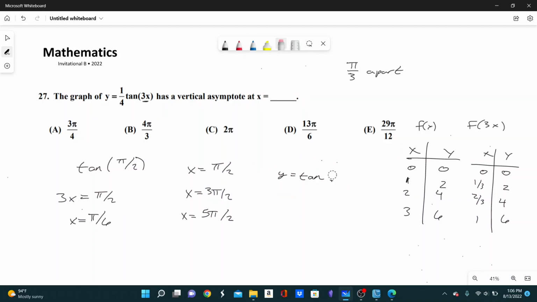I'm going to erase some of this so it doesn't get too confusing. So our first asymptote is going to be at pi over 6, and if they're all pi over 3 apart, or I'll rewrite that as 2 pi over 6 apart, just so these have the same denominators, we can find out where all our asymptotes are. So we have one at pi over 6, we'll have one at 3 pi over 6, we'll have one at 5 pi over 6, and basically you just find it's all the odd numbers times pi over 6. So 7 pi over 6, 9 pi over 6, and then eventually you'll get to our answer, which is 13